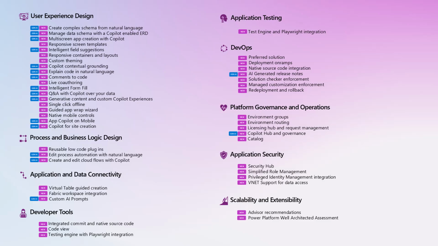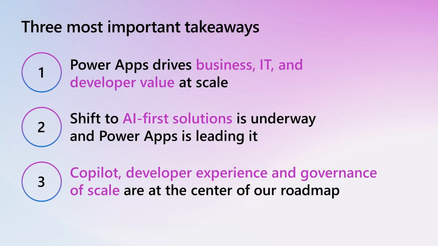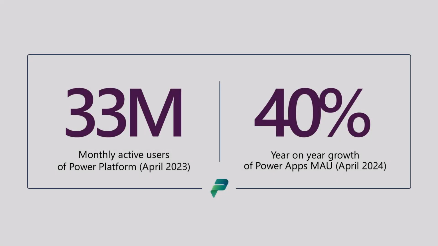This comes down to three key takeaways. Power Apps drives value across the organization to the business, IT, and developers at unmatched scale. The shift to AI is already underway, and Power Apps is leading, enabling developers and end users to benefit from AI today. And lastly, Copilot, the developer experience, and governance at scale are and continue to be at the center of our roadmap. It's with this unmatched pace and scale that Power Apps remains the leader in low-code. Power Platform now enables over 33 million monthly active users,